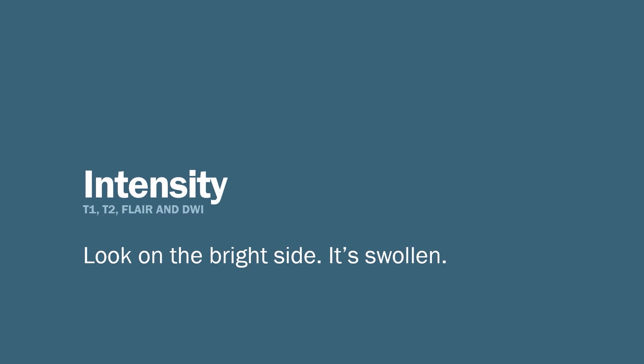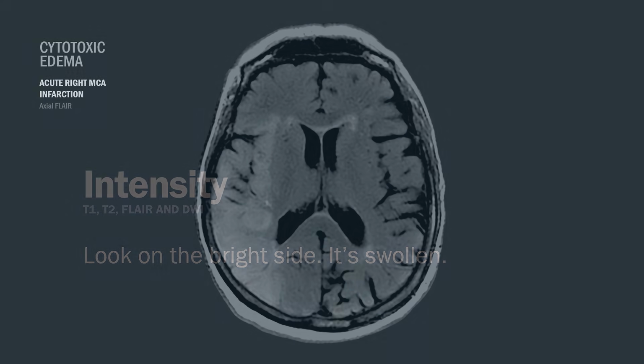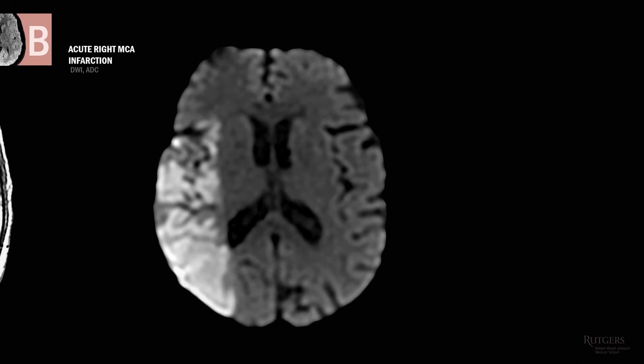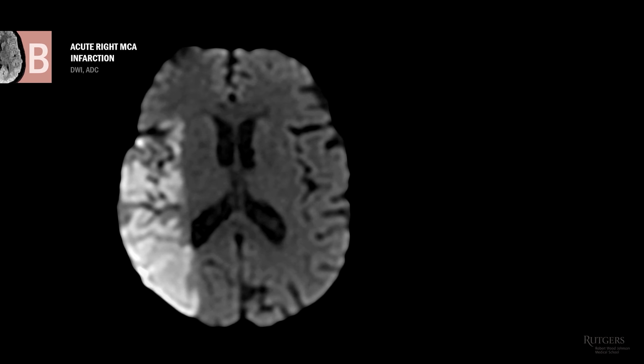So we discussed non-contrast head CT, T1, T2, and FLAIR. But when it comes to cytotoxic edema caused by ischemia, T2 and FLAIR kind of behave like CT. It takes hours for a lesion to build up enough cerebral edema to show a bright signal. Diffusion-weighted imaging is designed to detect ischemia earlier, within the first 30 minutes from onset.